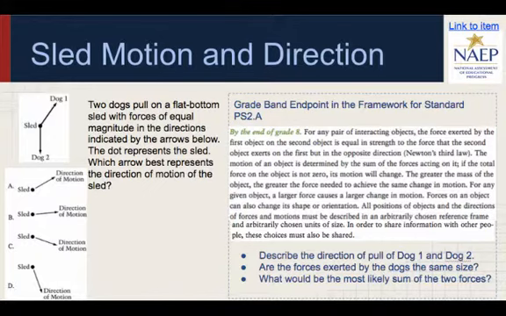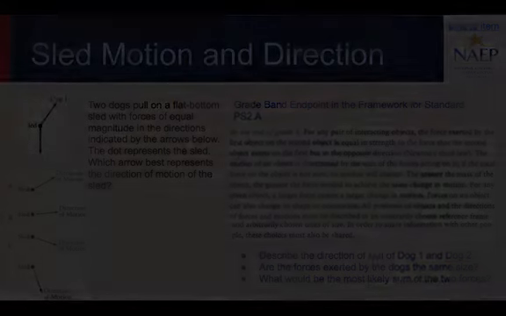This NAEP item asks students to determine the direction of a sled based on two different forces. Which laws of motion best help us to complete this item? How do you know? Is there a way we can test the problem? From the diagram, what do we know about the sizes of the two forces? How does this help us answer the question? How will the position of the sled change based on the size and direction of the forces?